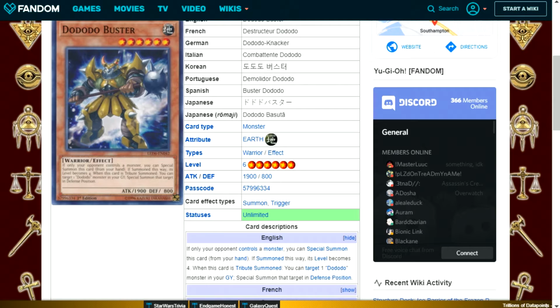Okay, so now we have Dodo Buster. It's an Earth attribute Warrior, Level 6 with 1,900 attack and 800 defense. The effect is if only your opponent controls a monster, you can special summon this card from your hand. If summoned this way, its level becomes 4. When this card is tribute summoned, you can target one Dodo monster in your graveyard, special summon that target in